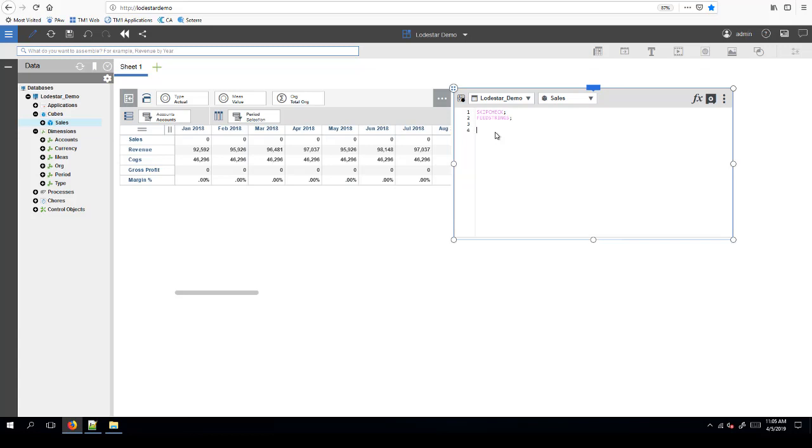So then we'll go ahead and write our script. What we're going to create here is a calculation for gross profit. So we have revenue and cost of goods sold. We're going to create a calculation for gross profit. So I'm going to go ahead and start typing that in. So gross profit